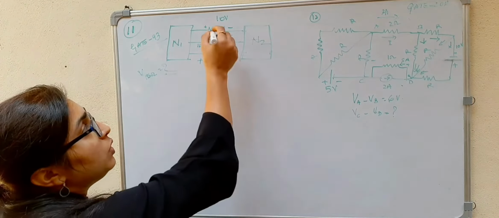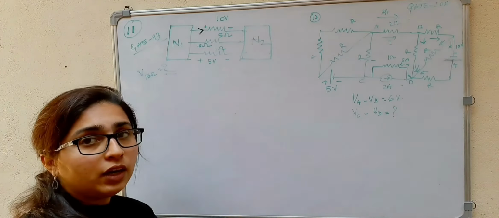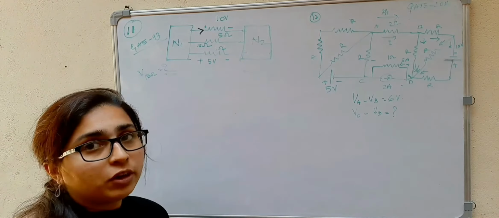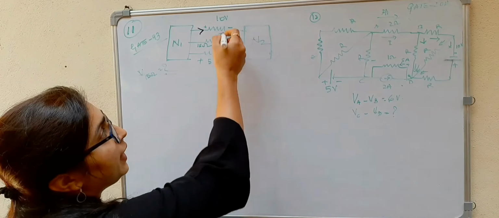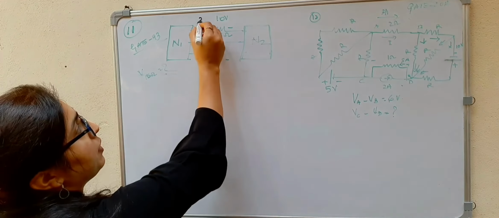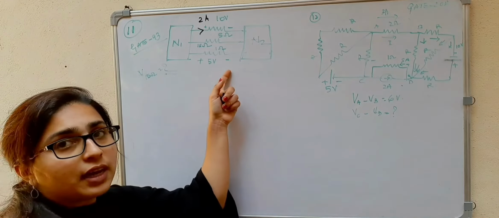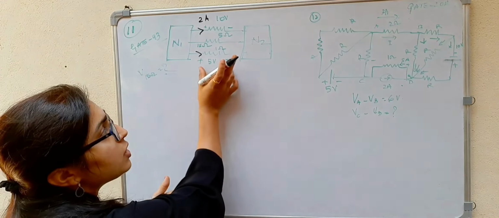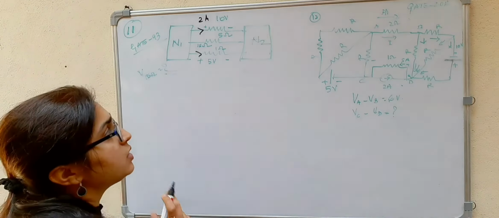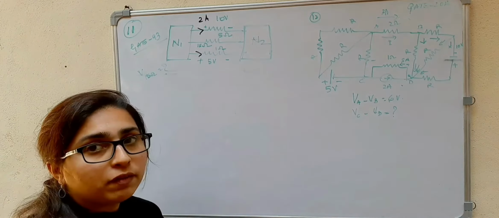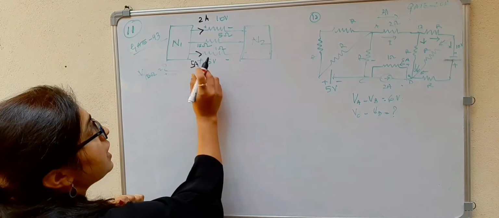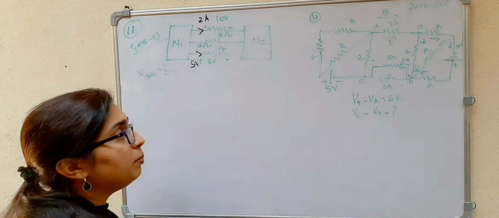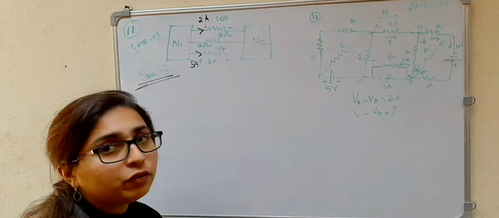You know the resistor value and you know the voltage drop. You know the current flows from higher potential to lower potential, so the current is flowing from N1 to N2. That will be 10 divided by 5, which is 2 amperes. Here also the current direction will be the same, flowing from N1 to N2 because the polarity is plus minus. So the value is 5 divided by 1, 5 amperes. So we got to know 7 amperes, but we do not know the voltage across 15 ohm because that is the one which we have to find.